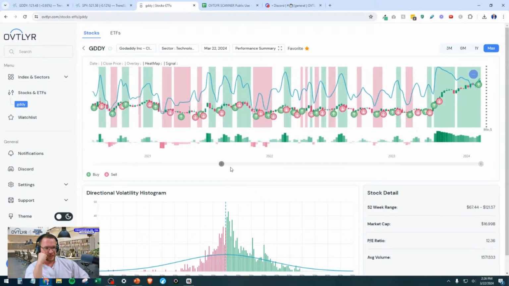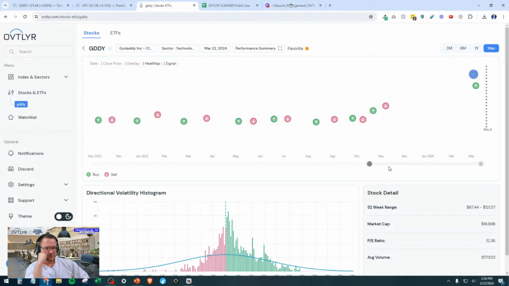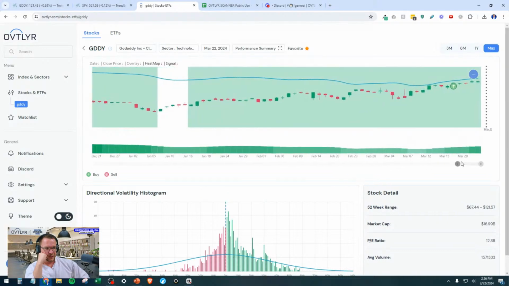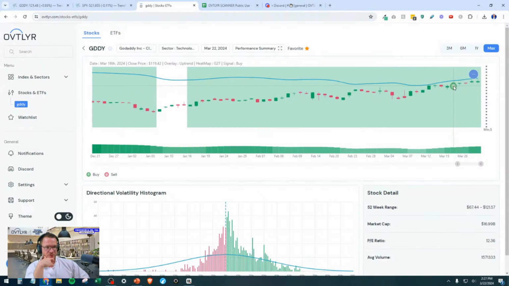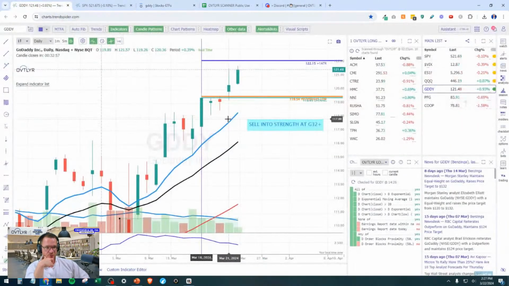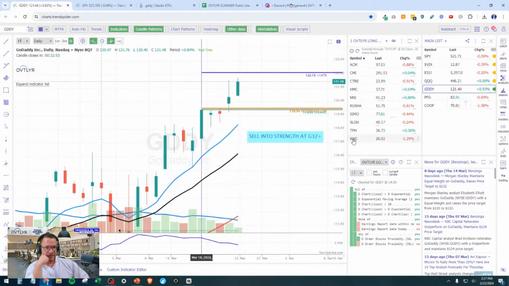And zoom in. And current color is at G31. Now, why did I say G32 plus? It was 5 points higher from where I got in, where it was at G27. So that makes G32 plus. I don't have a reason to get out of this trade